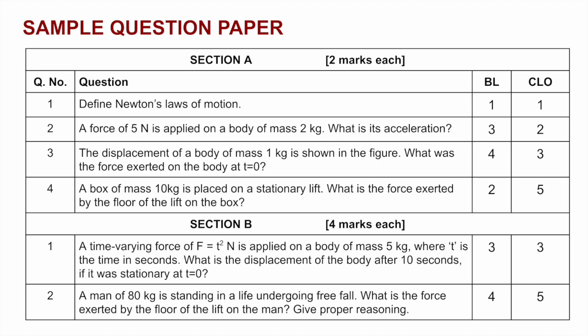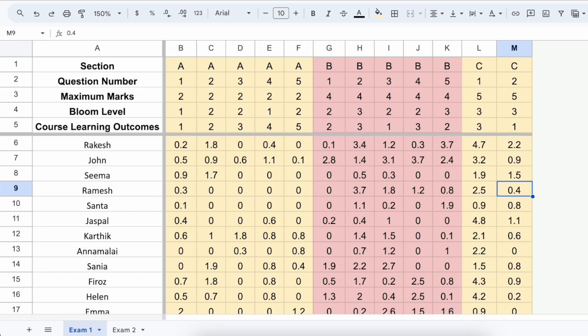what you need to do after your exam is over is tabulate the marks in the following way. Let's say in my course I had 2 exams, exam 1 and exam 2. The marks will be tabulated on separate sheets. If you take exam 1, let's say it had 3 sections A, B, C, where section A had 5 questions, section B had 5 questions, and section C had 2 questions.